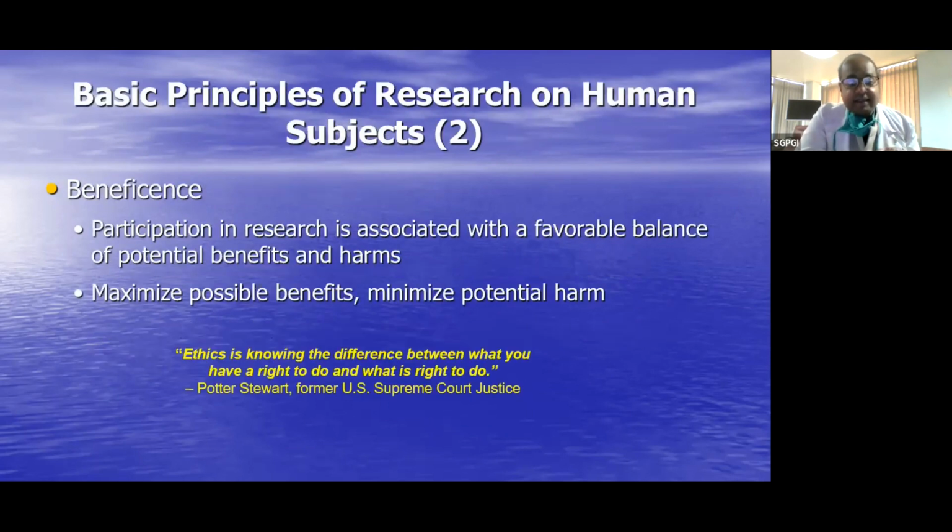So beneficence is something which is very important, and it relies on the idea that any human research should be for the benefit of a person. So it should not do any harm. The benefit should outweigh the potential harm which research might do to the patient. There are some instances when there is a conflict between autonomy and beneficence, and they are a little tricky for clinicians sometimes, as to which one should be considered. But at least these are two of the most important things.